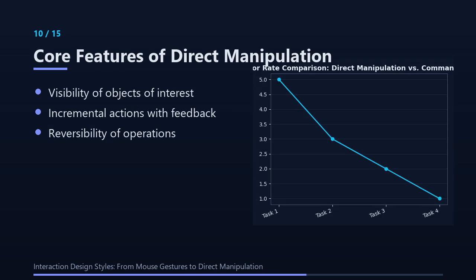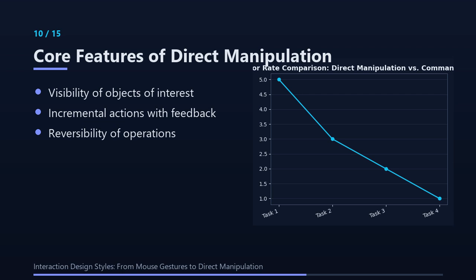The first core feature of direct manipulation is the visibility of the objects that matter to the user. Everything they need to act upon is displayed on the screen. Second, actions are incremental and provide continuous feedback, so the user can see the effect of each small step before committing to the final result. Third, operations are reversible, meaning that users can undo or backtrack with a simple gesture like dragging an object back to its original position. These characteristics combine to create an environment where users feel in control, can experiment safely, and